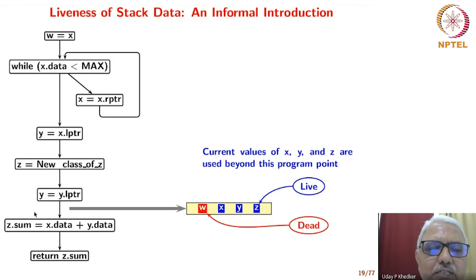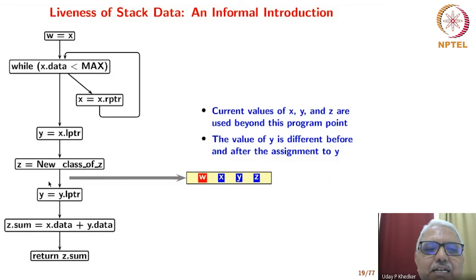Now, what is live before this statement? Can someone say? Okay, let me go fast. So this is X, Y, Z, and remember the value of Y has changed. We are not saying whether the value of the variable remains the same or changes. We are simply saying whatever is the value of the variable, is it likely to be used further? So clearly the current value of Y is used because Y is read here, in spite of the fact that Y is defined here. Now, can someone tell me what is the liveness information before this statement?